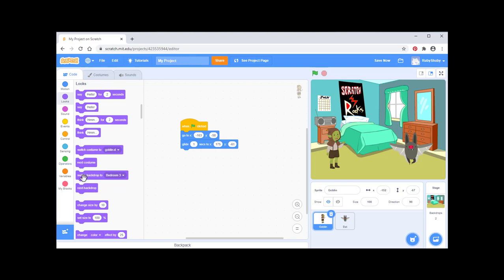So we want our goblin to start off in the neutral goblin expression, which was goblin costume A. And we're going to put that right at the start so he's ready when he goes. And the other thing to do is to add in some text. So before he moves around, I want him to realize that there's a bat in his room, maybe say something about what he's thinking of doing. So we'll say,